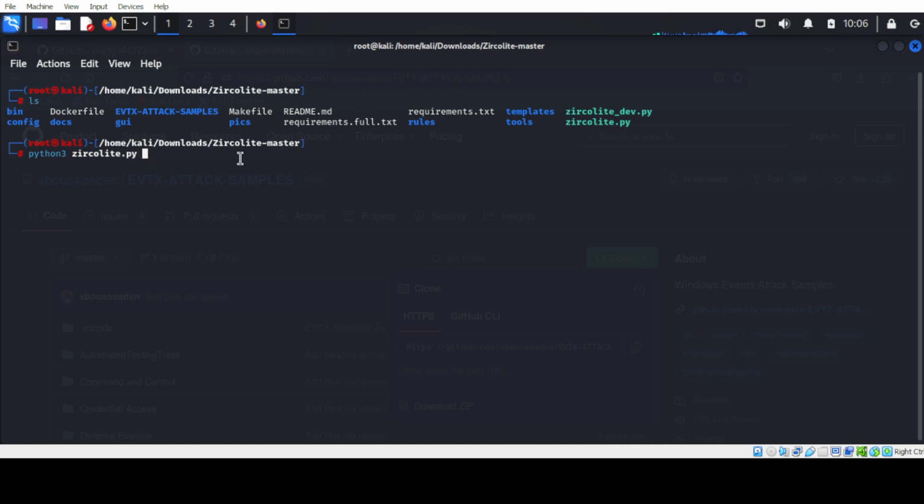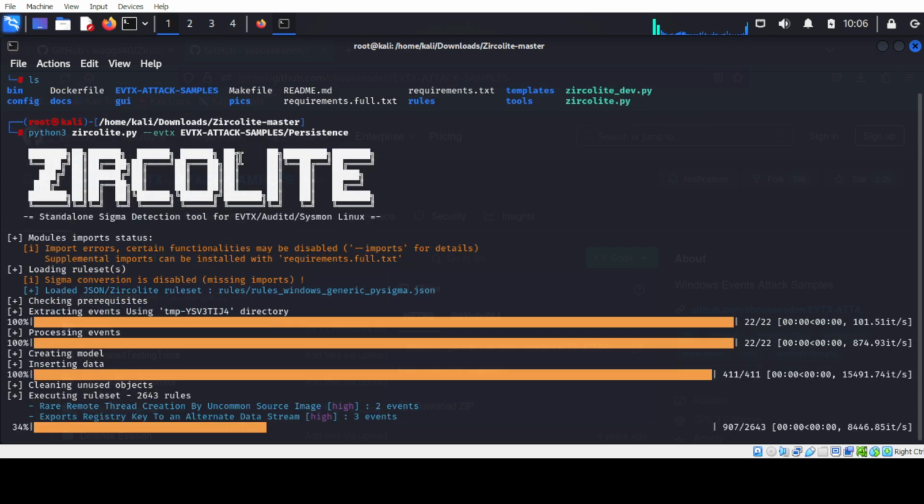and then hyphen hyphen evtx. Here you should specify the whole path, or, since right now we are in the same directory, I can specify the directory directly and press enter.